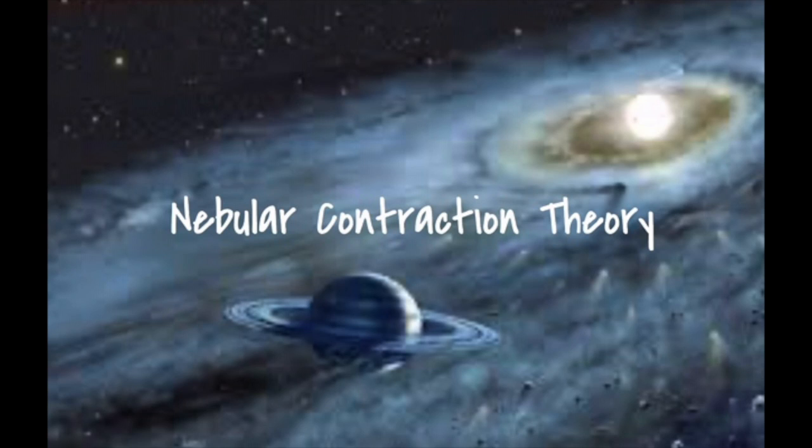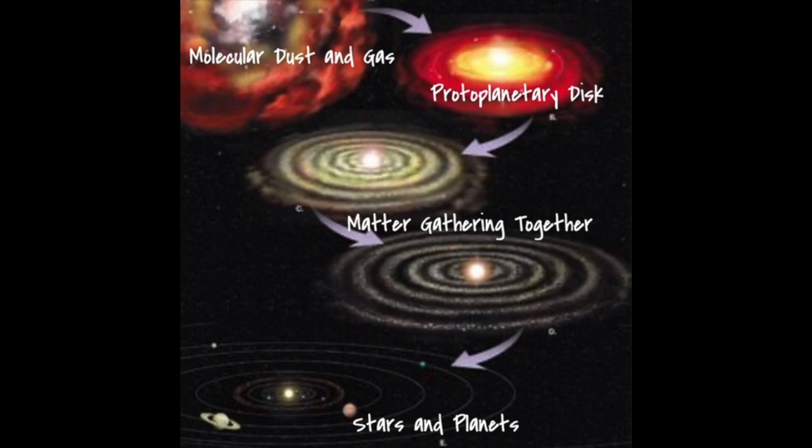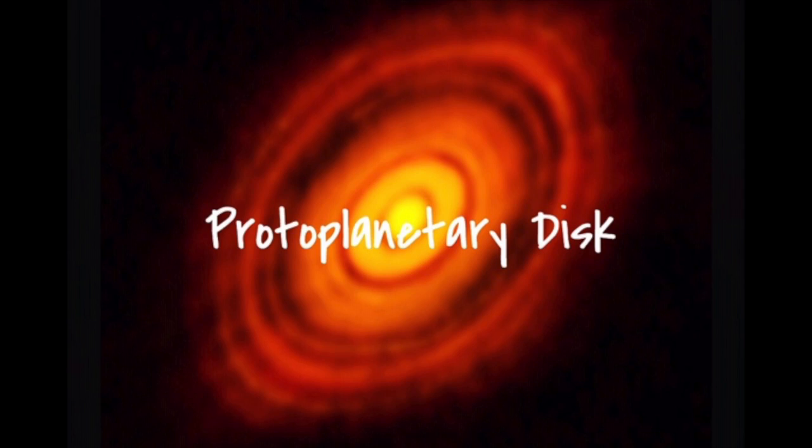The nebula theory explains the formation of the solar system. According to the nebula theory, the sun and all the planets started as one giant cloud of molecular gas and dust. 4.75 billion years ago, something made that cloud collapse, causing dust and gas to gather in denser regions. These regions began to pull in more matter, heating and rotating. The majority of this material formed into a ball and made the sun. The leftover material formed into a planetary disk. The other planets began to form from gradual accumulation of the disk.